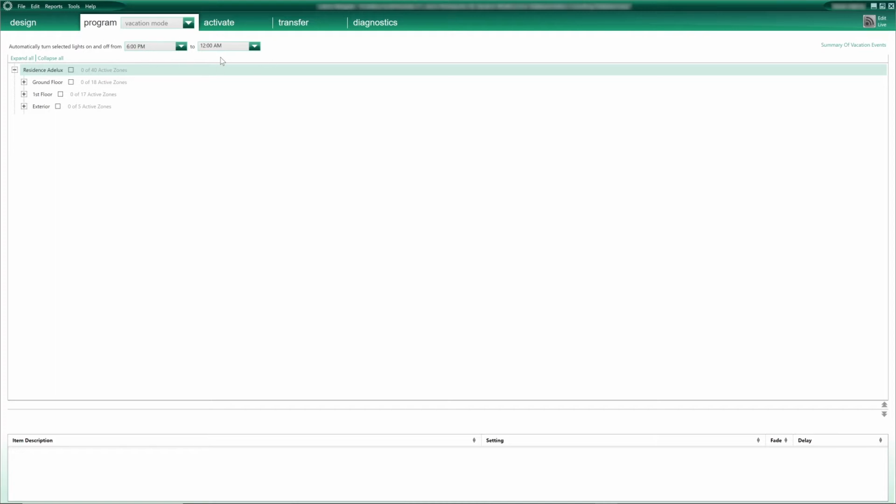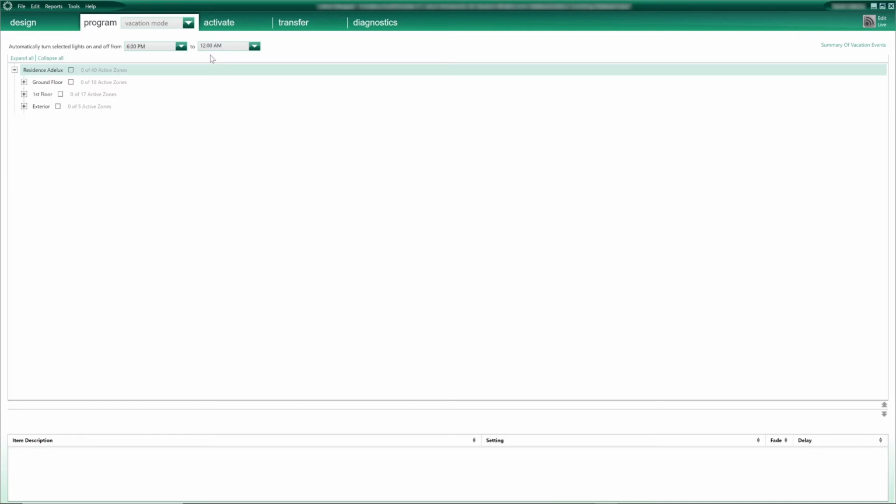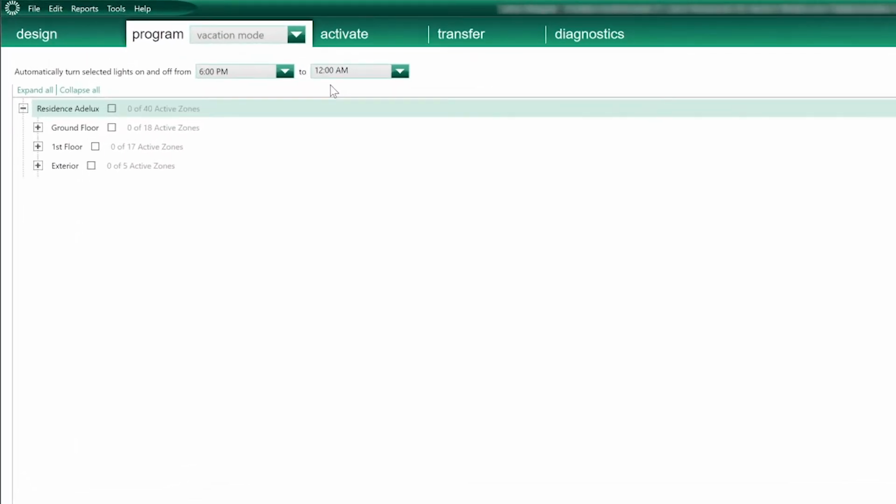Just to clarify, this does not mean that my lights are going to turn on at that time, then stay on to finally turn off at this specific time. Instead, what I mean is that the lighting circuit I will select will turn on and off multiple times during this time period, giving the illusion that somebody is in the house. So the way you set up the time period here really depends on your client's needs, and the default values